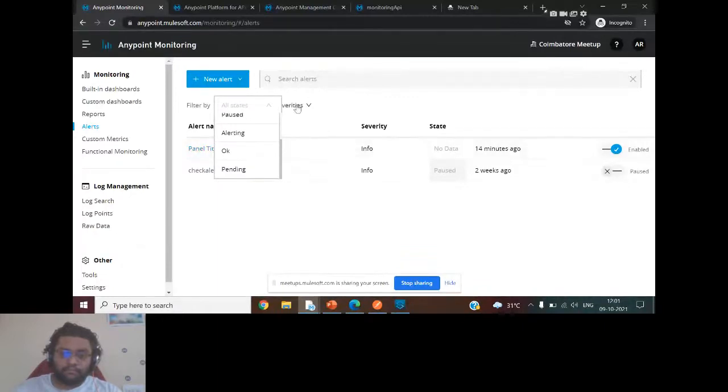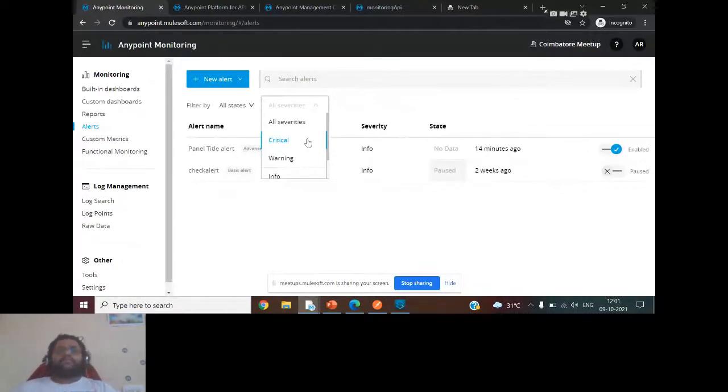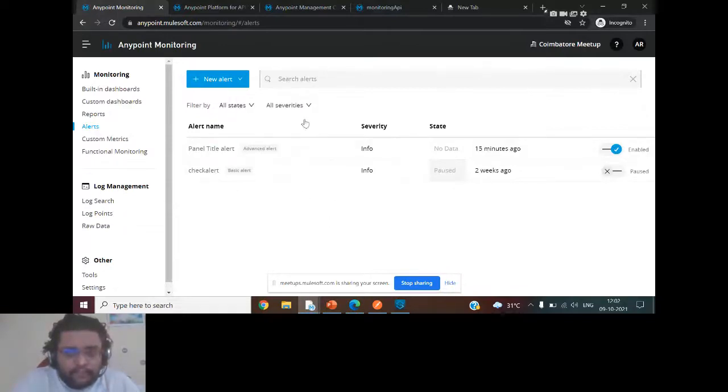Now let's talk about severity. Severity is the most common word you must have heard. Critical is something where quicker attention is required. Warning may be assigned to alerts where prompt attention is required from your end, not as quick as possible, but it needs to be checked and closely monitored. Info is when severity is really low and you do not require immediate attention. The metrics should be passively monitored, not very frequently, but sometimes. So that's all about the status and the severity.